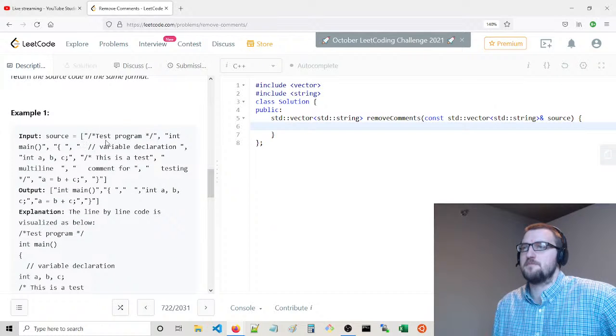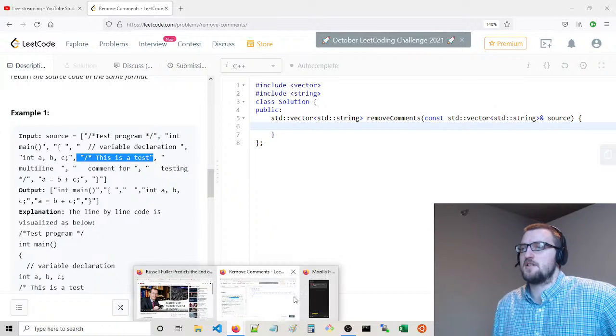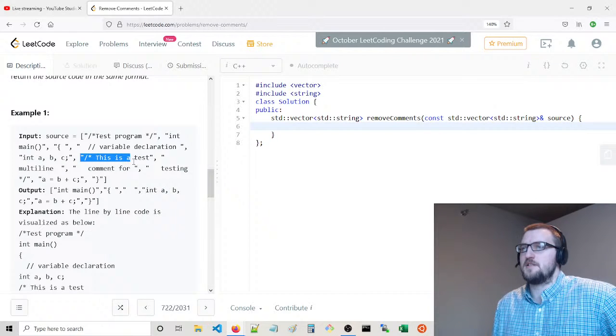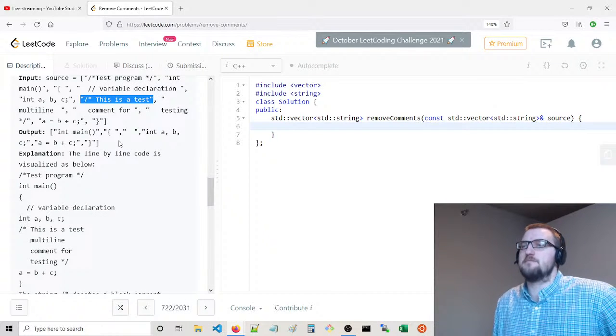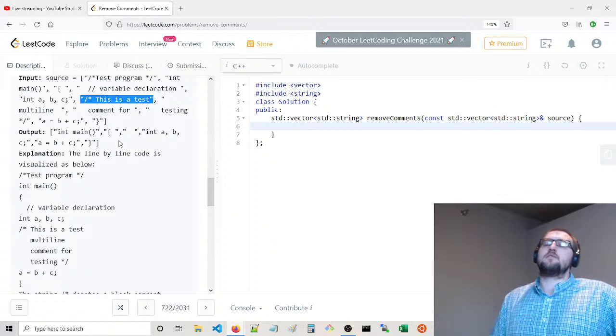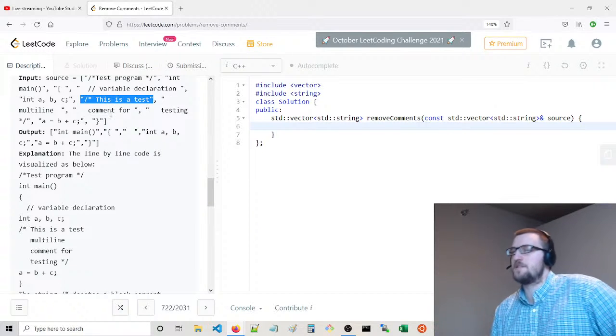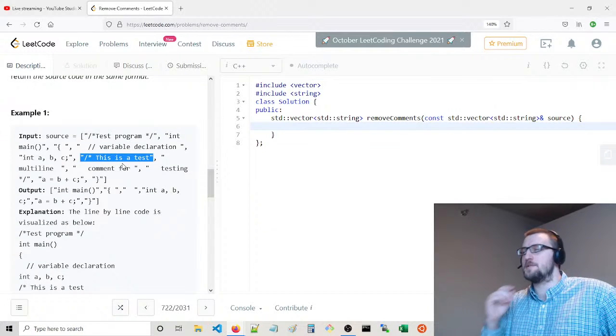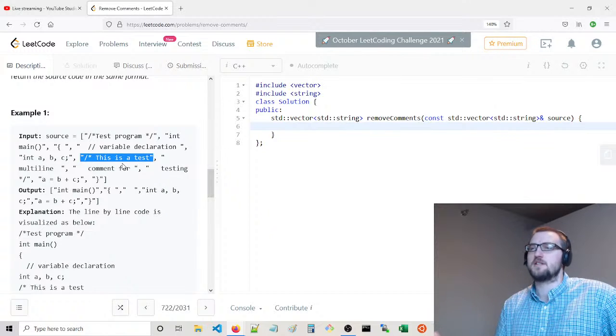Okay, so test program. That's a comment that gets removed. Int main, new line, variable declaration, removed. So what's interesting is that for the block comments you need to do something more. I think the first pass will just remove the single line comments and then the block comments.